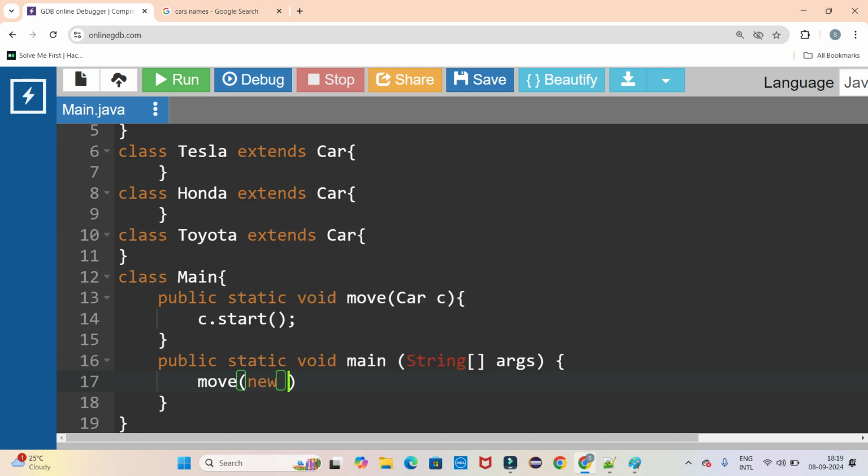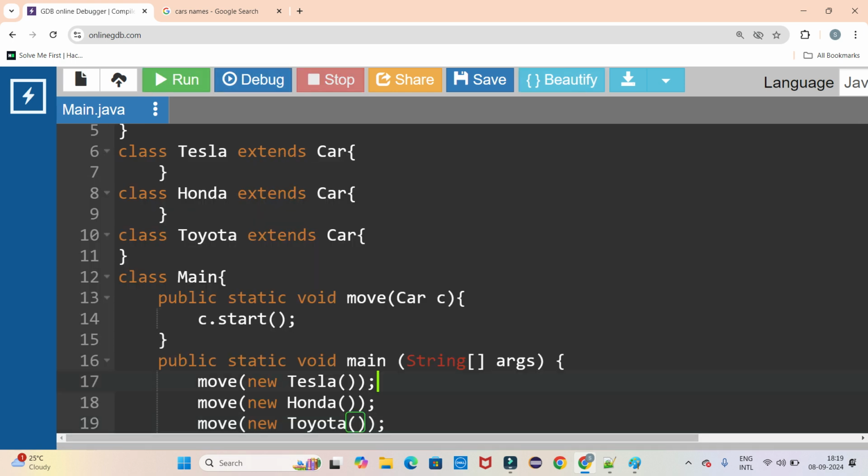I call new, pass that name Tesla, call it here, close this thing, semicolon. Same thing, instead of Tesla I'm going to call it here three times, Ctrl V. This is Tesla, this is Honda, last one is Toyota. Now if I print this,